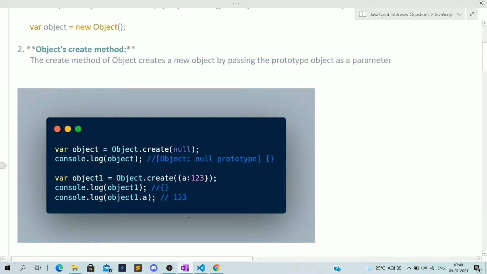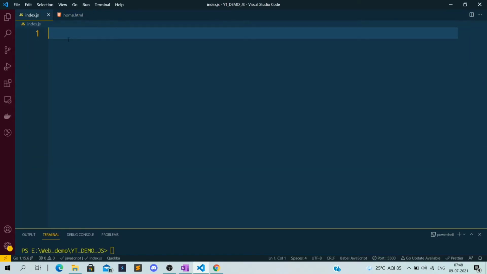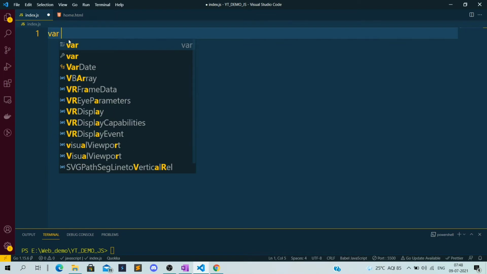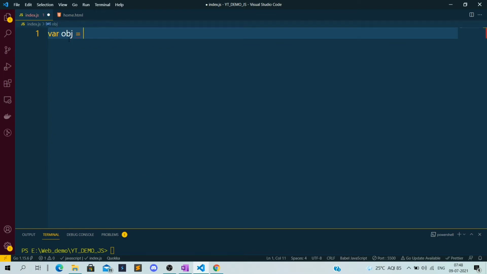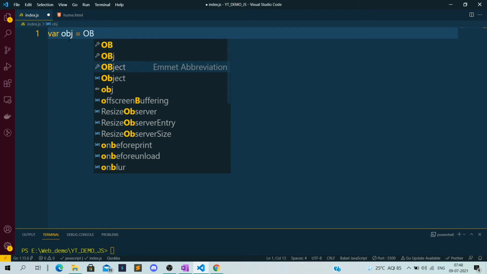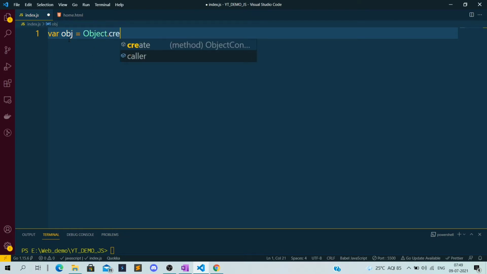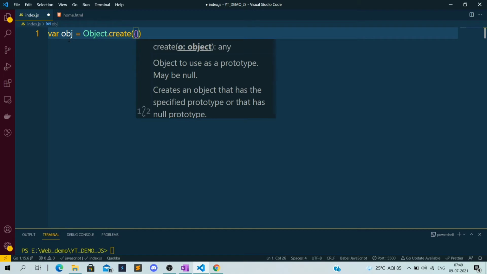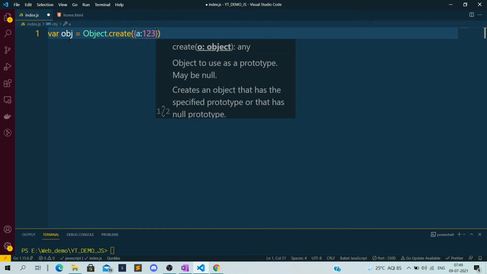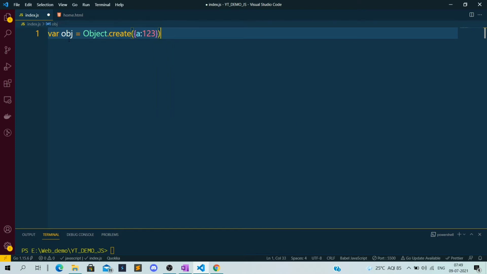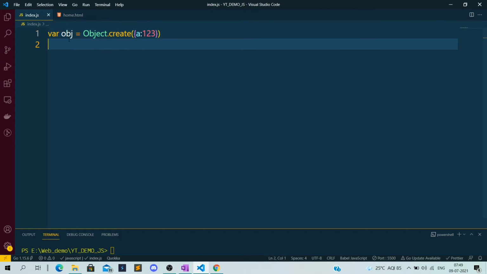So let's see the example in the code. For example, we have the Object and we can create any object using the create method. Suppose we pass a: 1 2 3. I've created an object where a is the key and 1 2 3 is the value of that object. Now if I try to log the object, it will show that this is an object.